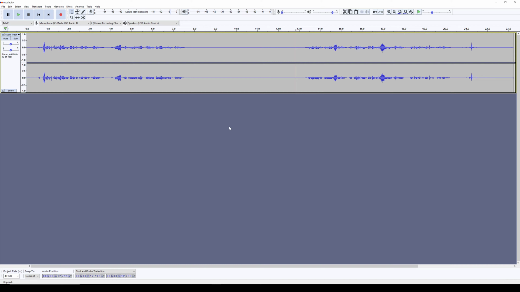In the first part, I talked about zooming and selecting. Those are sort of the fundamental things we need to know within Audacity. We can zoom into different parts of tracks, and then we can select parts of those tracks and affect them